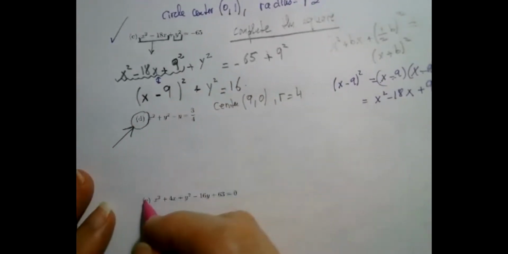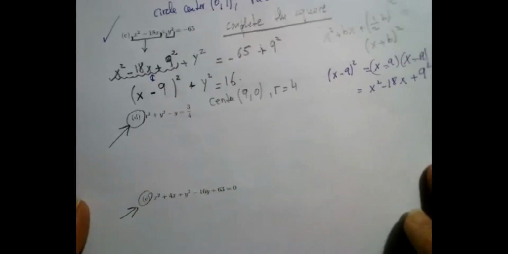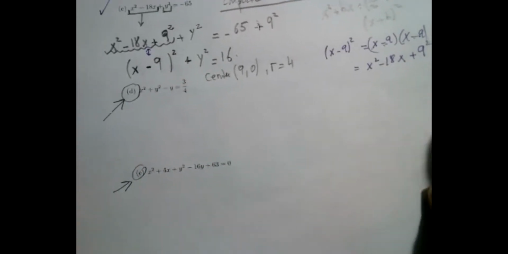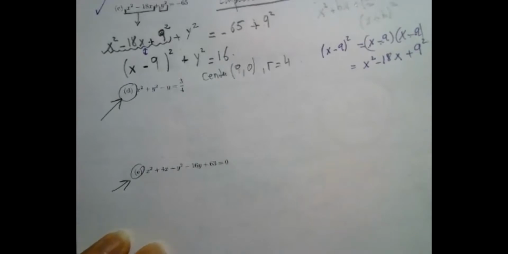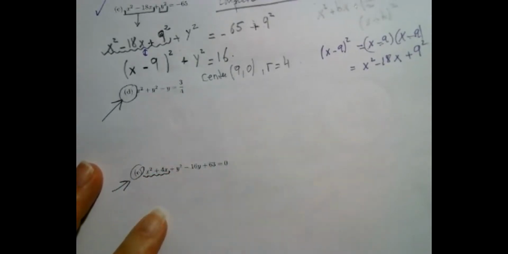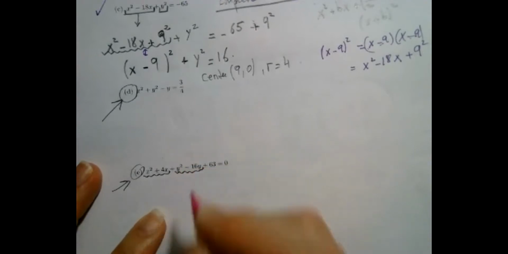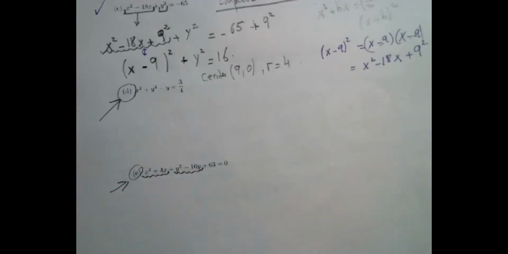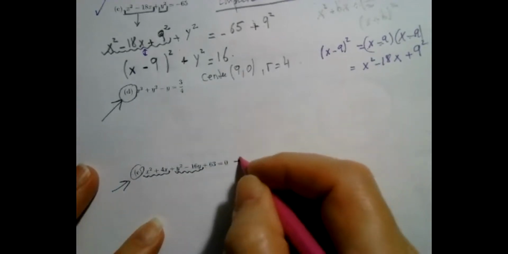I will look at E and then I will proceed. Please do those homework. That's the only way you're going to learn, all right? So help me with E. The idea is that first we collect the x's together. We collect the y's together. And this way we're going to complete the square of all those. The constant term, I move it to the other side. So this is going to give me,